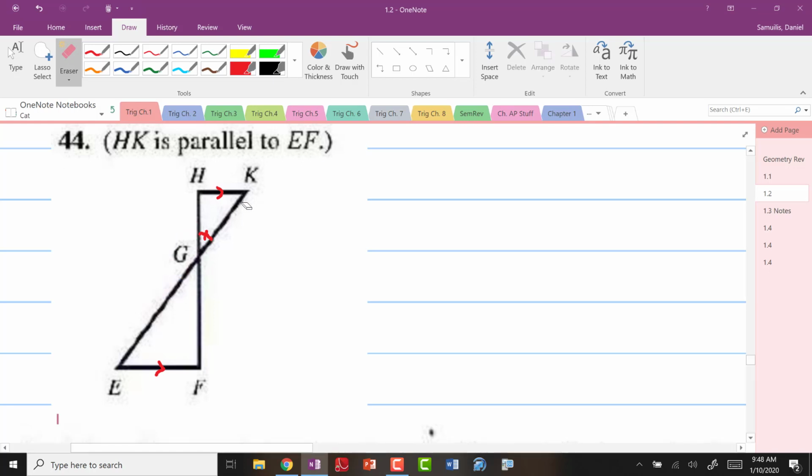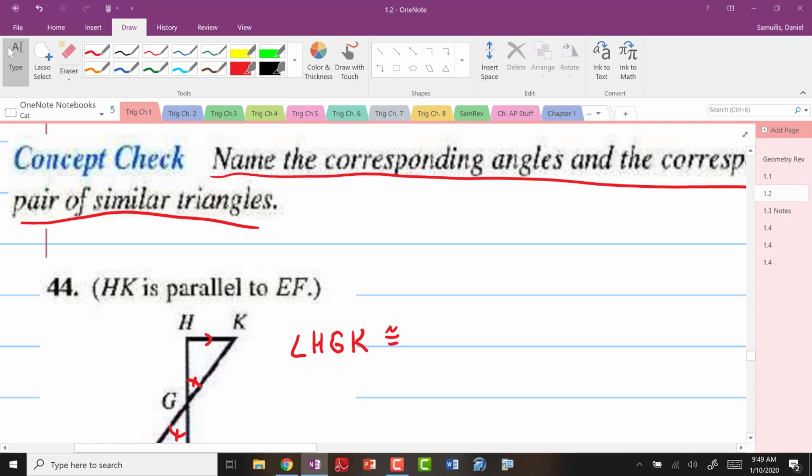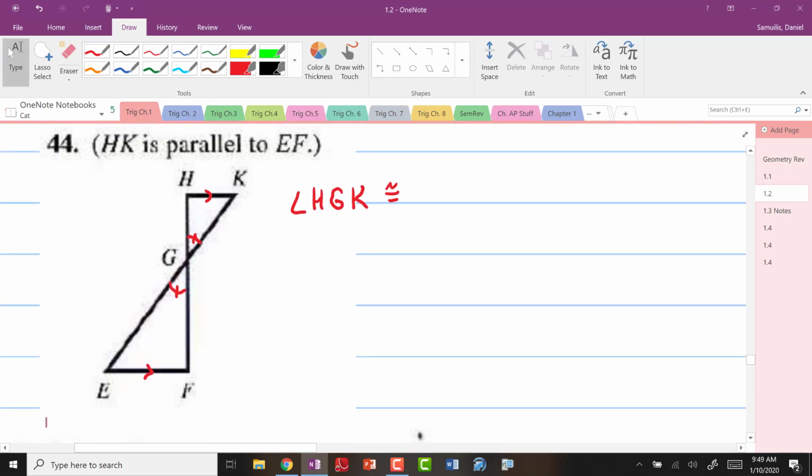So rarely what you should call this is angle HGK or KGH. And that angle is congruent to this angle. And that's what they're saying, and they set up here. Well, they say name the corresponding angles, but I'm going to name the relationships. Of course, HGK is congruent to FGE or EGF. It's illegal to name that with one letter because G is like a 4-time vertex,